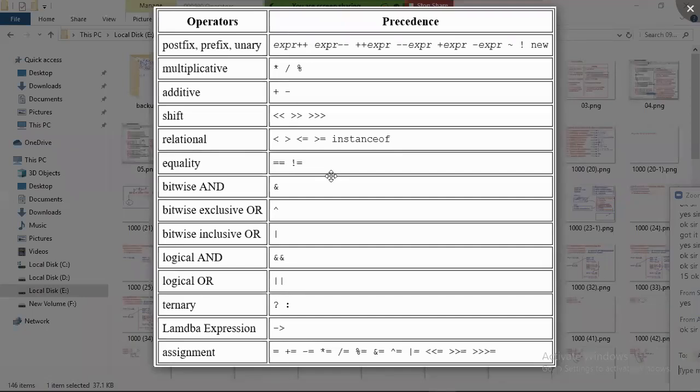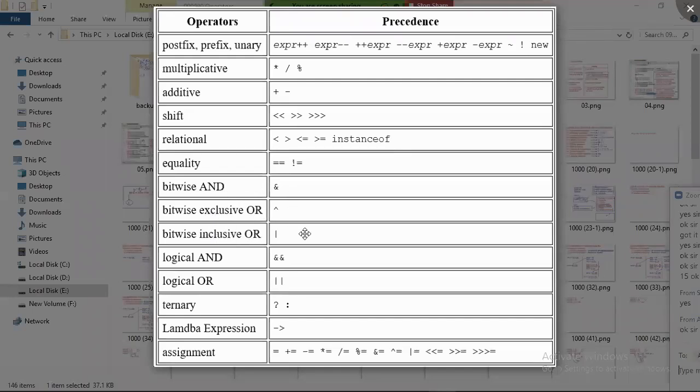Okay, so now tell me, try. First unary operators, then multiplicative, then additive, then shift operators, then relational operators, equality operators, followed by, look there, bitwise operators. How many bitwise operators do we have? 4 bitwise operators. Among them the bitwise complement operator is already executed, as that is a unary operator. The remaining 3 do not have equal priority; the 3 have 3 separate priorities. Now look there, single and is executed first. After that, cap is executed. After that, single or is executed. Single and, cap, or: single means bitwise AND, bitwise exclusive OR, then bitwise inclusive OR. Is it clear, my point?